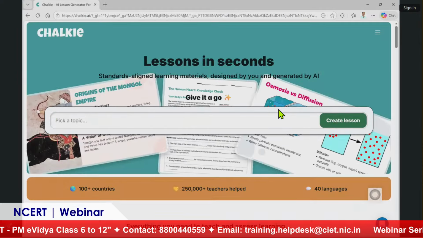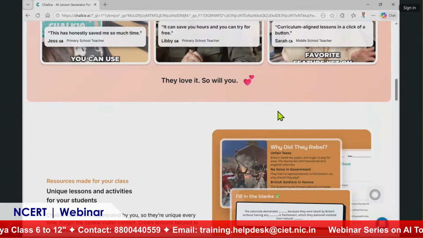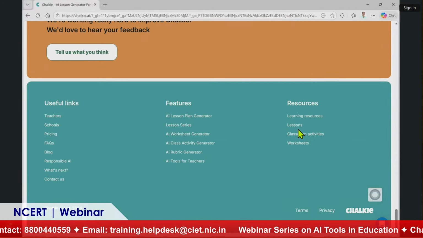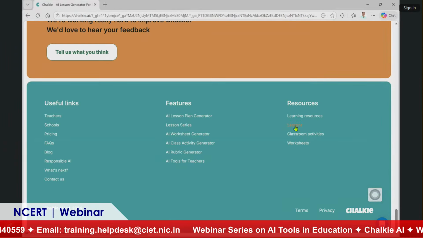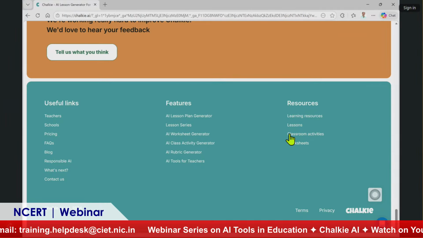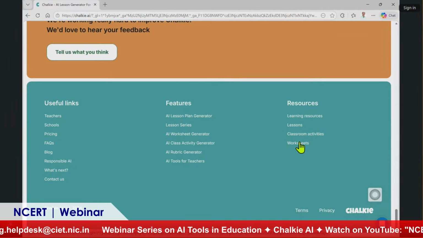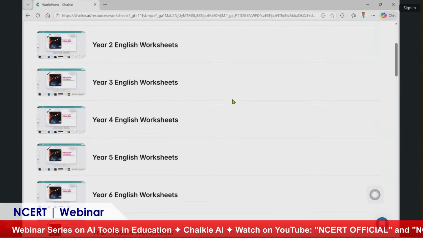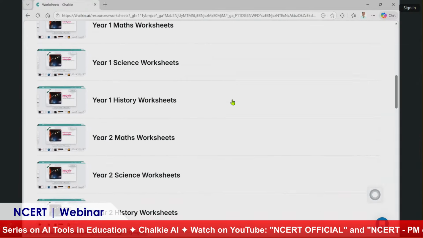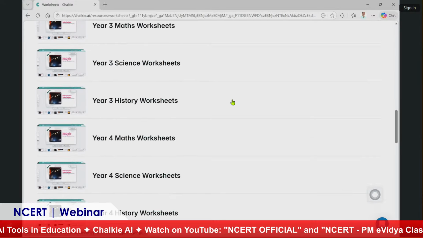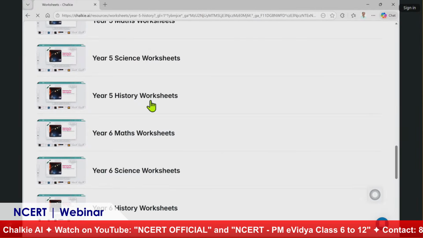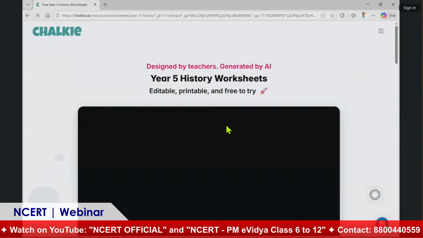Even you can check for this. If you want to use the worksheets, we have already clearly discussed the lessons and the classroom activities. Even if you want worksheets, you can go for different worksheets that are there. Grade-wise worksheets are also there where you can use them. So for history,